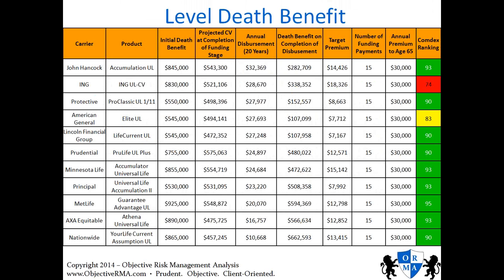And one thing that I do for clients is initial case design, where they may have all these different companies to choose from. How do you know which one's the best? So I come in and I have access to all these carriers. I have relationships with all of them, and I run all of these illustrations myself. And basically the criteria used was Bill wants to pay $30,000 a year for 15 years. And then at the end of 15 years, he wants to take an annual disbursement for 20 years. So from age 66 to 86, he's going to get this column income tax-free depending on which carrier he picks.